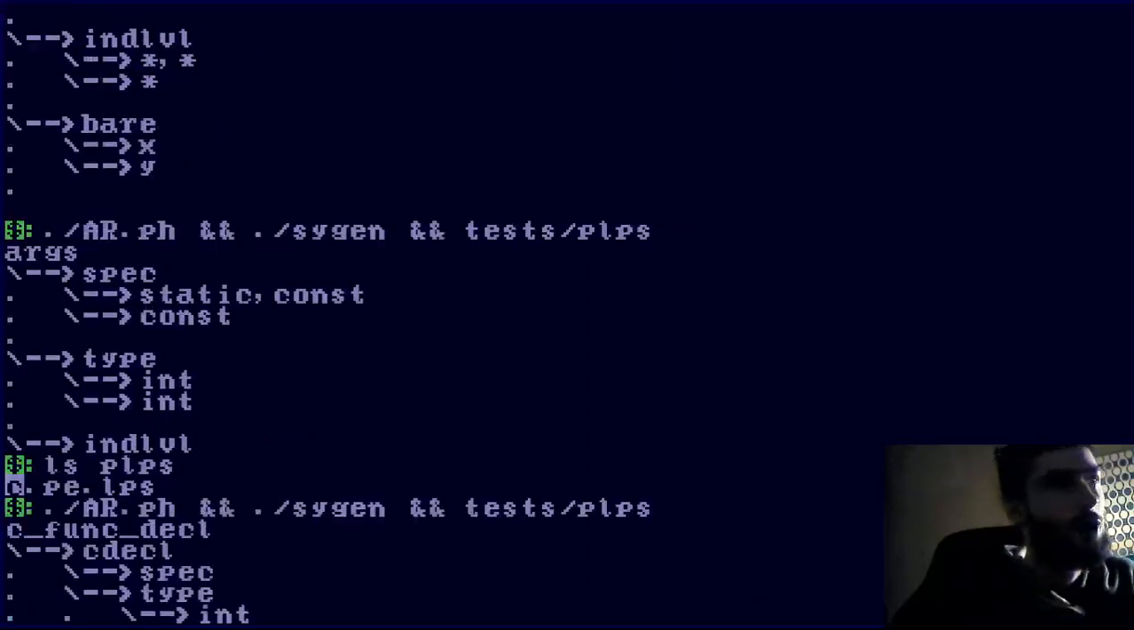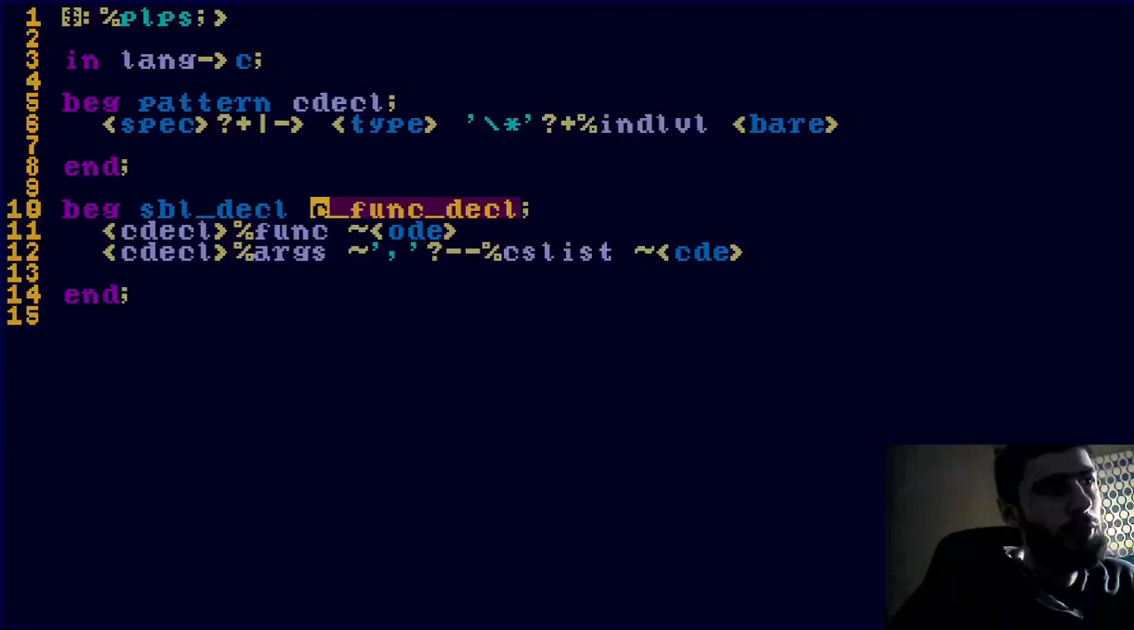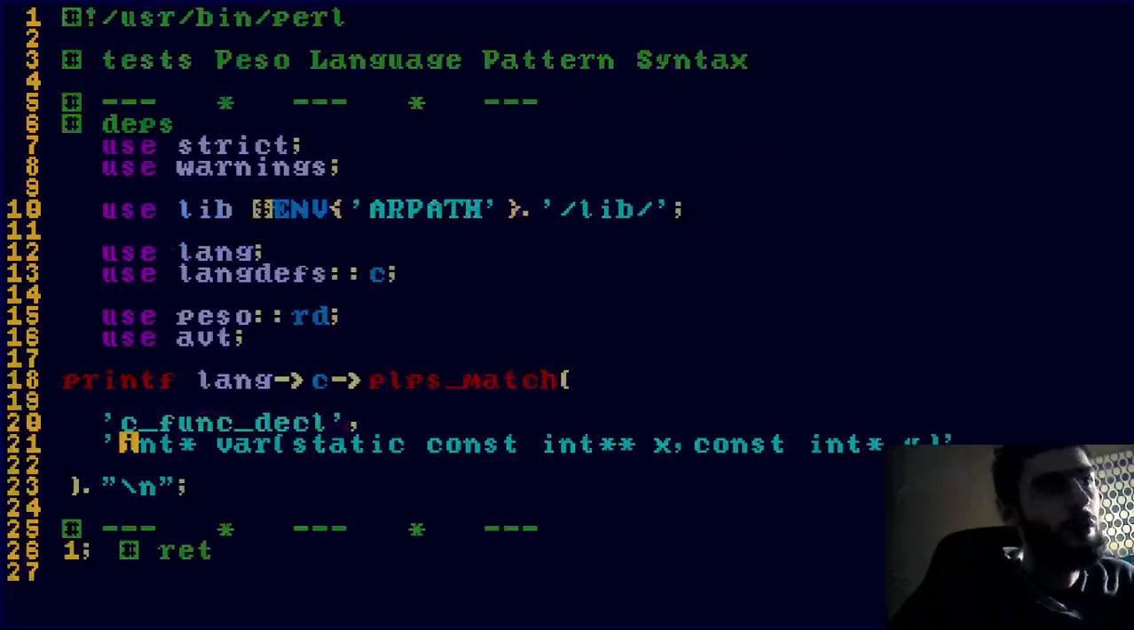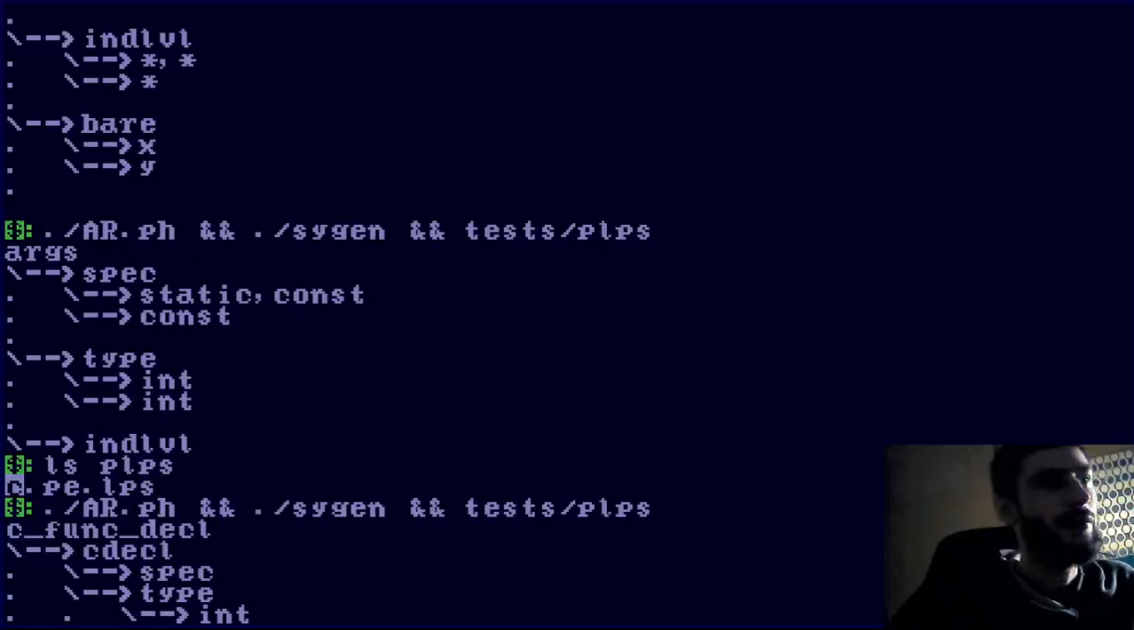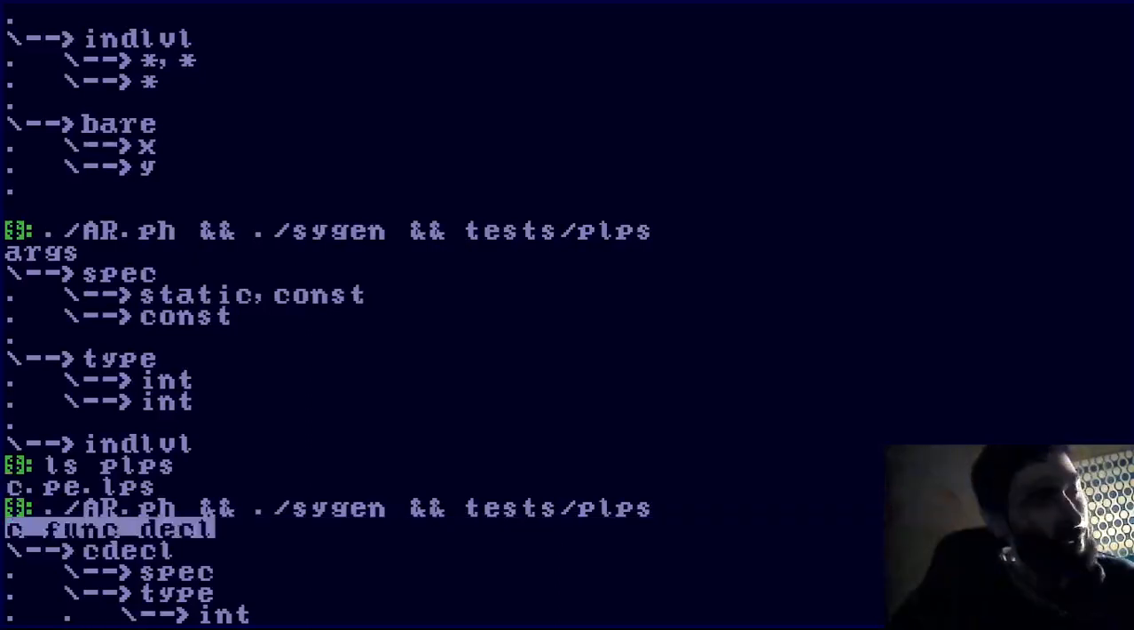All right, and so our expression was, and this is just nonsense I wrote to test it out. So it's int pointer var, which doesn't make sense, static const int pointer x and const int pointer y, right? And we get here, and okay, we get first and foremost at the top the name of the pattern that we try to match, and then